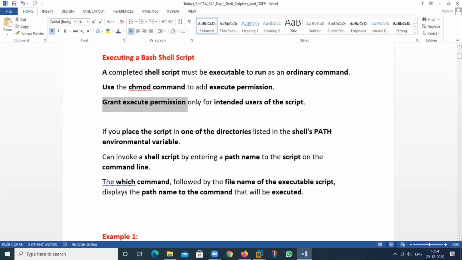So first provide the permission to the intended user. It means the user who performs that script file should have the execute permission. If you place,